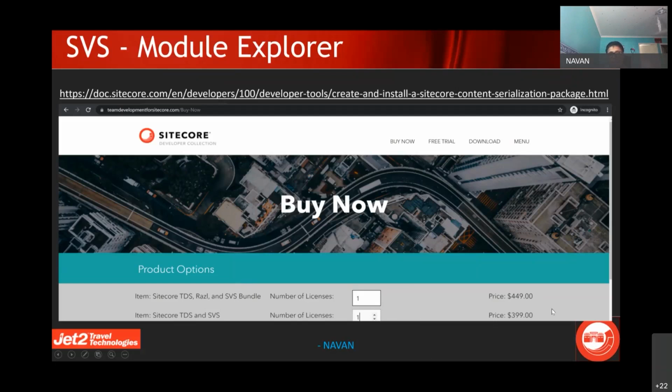Actually, last year I got Razl thinking that it's $399 or something for the whole lifetime. But I think it's only a 1-year license, if I have understood properly. I'm not sure, because I got an email sometime 1 month back saying that my license has expired and I have to renew it. I was particularly shocked. So as an individual, we will not be able to afford that kind of money for just Module Explorer, right? And then it's part of a bundle.